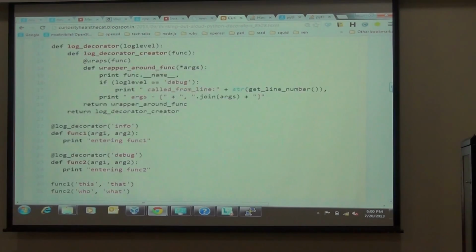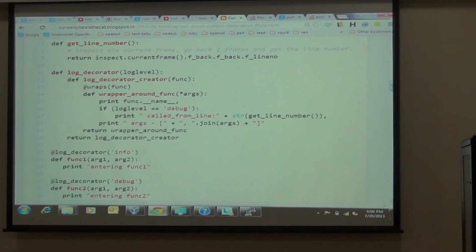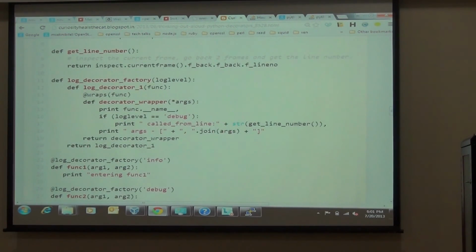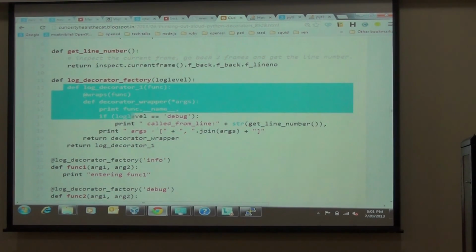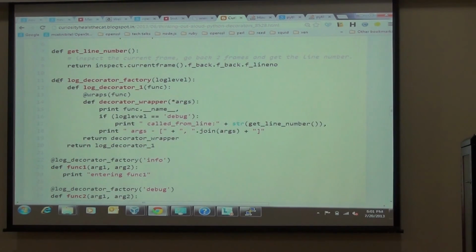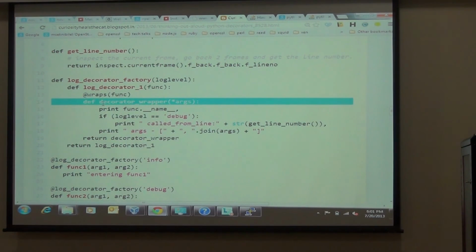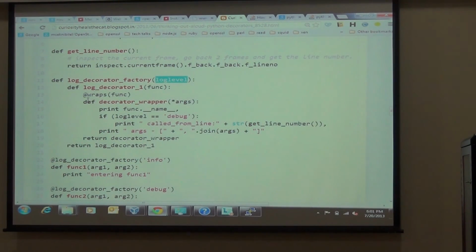So in this case, if you look at it in this way, you have the same stuff. You have a log decorator factory, which takes in a log level, and then depending on the argument that you pass, you're giving out the right decorator. There is nesting here and then there is nesting here. So you take the log level and then assume as if you're working with simple decorators. Forget this top line and just assume you're doing this. You took a function and you had a wrapper and then you did stuff with it. That makes more sense, right?